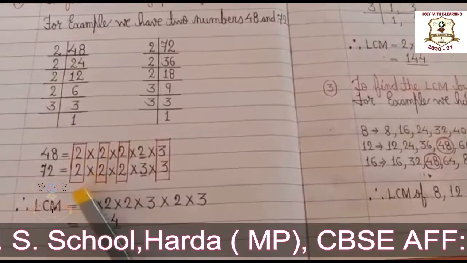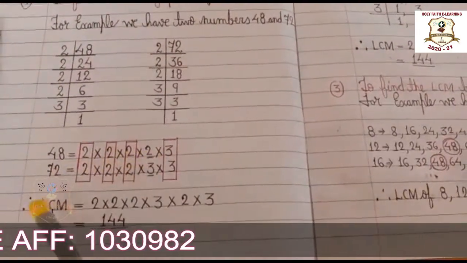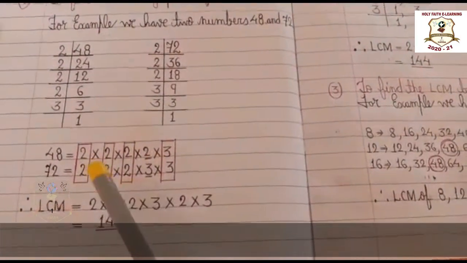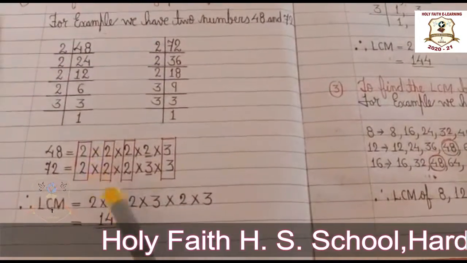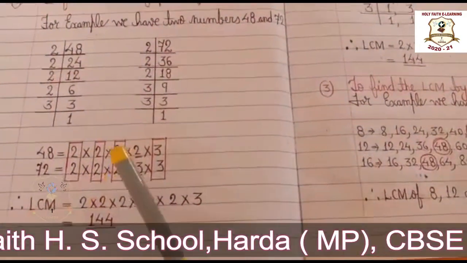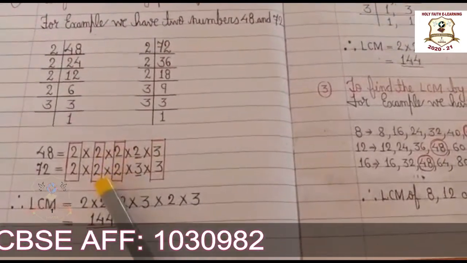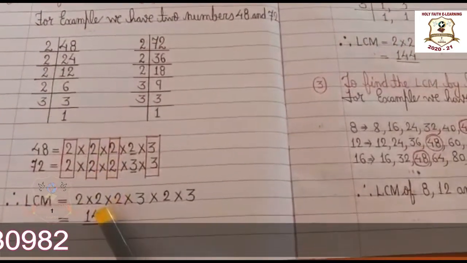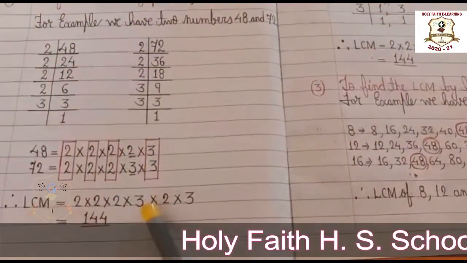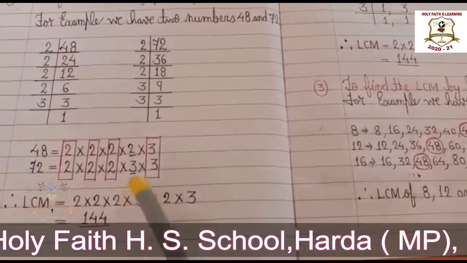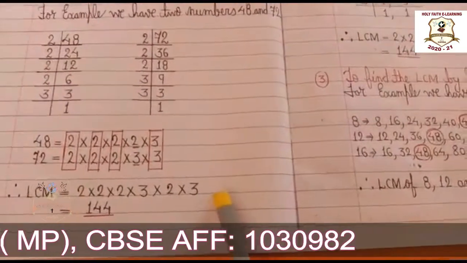2. Okay, we will make pairs of the factors of 48 and the factors of 72. For example, here a pair of 2 is forming, and since this pair has 2, we will write it 1 time. Same here, this pair of 2, and in place of this 2 we write it for 1 time. Okay, same here for the 2, same here for the 3. Now we have remaining numbers, 2 and 3, and we will write them at the end. Okay,